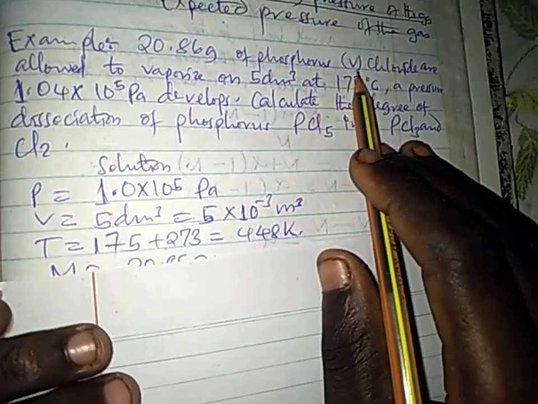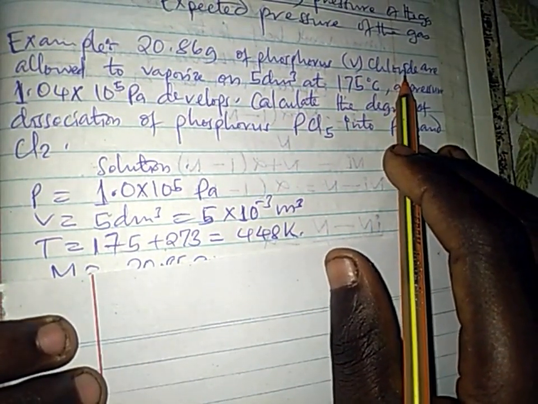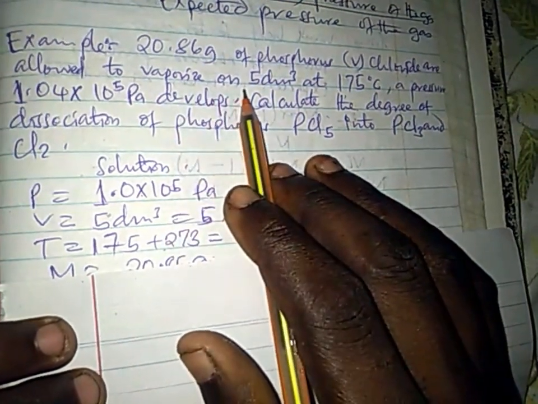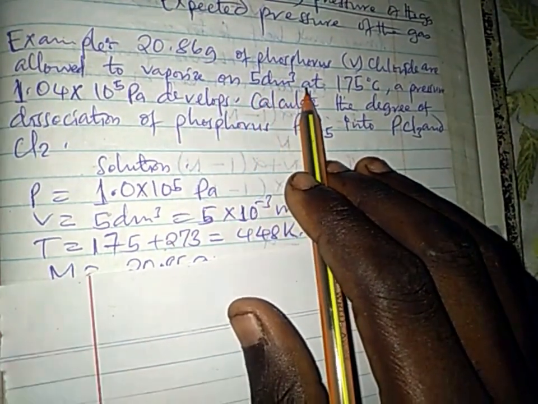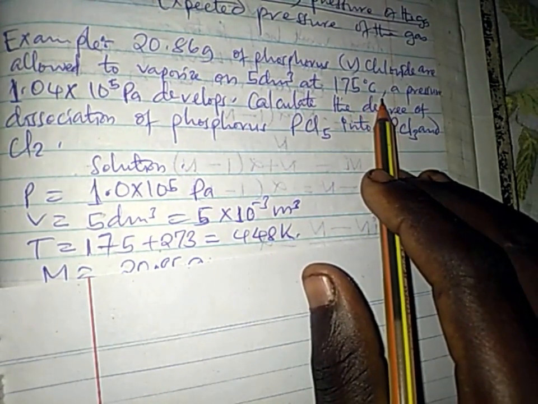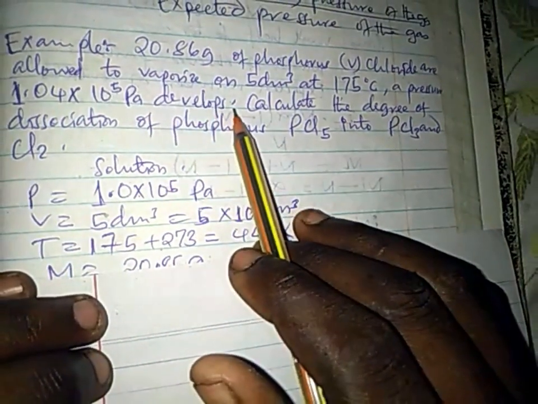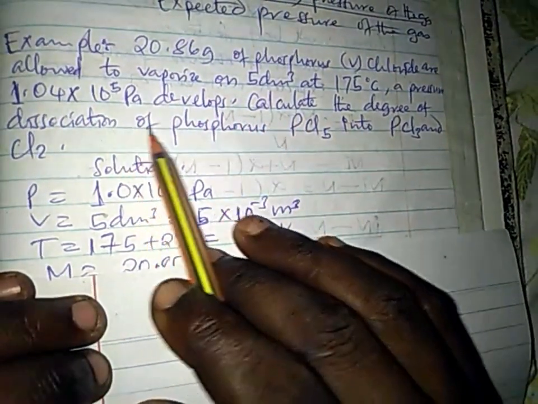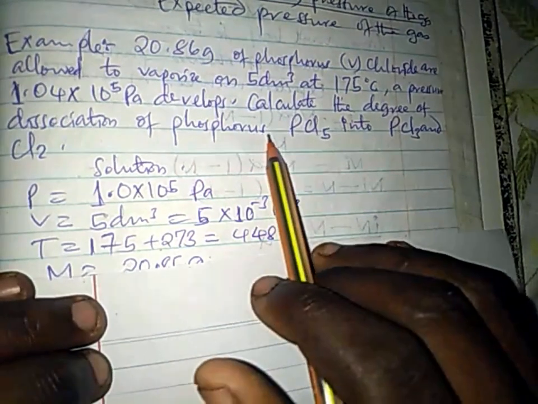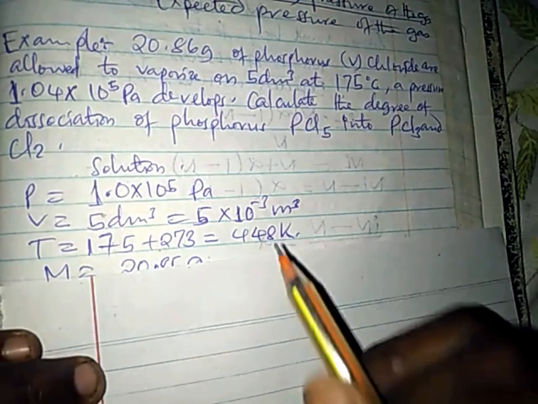20.86 grams of phosphorus pentachloride are allowed to vaporize in 5 dm cube at 175 degrees centigrade. A pressure of 1.04 times 10 power 5 pascals develops. Calculate the degree of dissociation of phosphorus pentachloride into phosphorus trichloride and chlorine. So now, the solution,